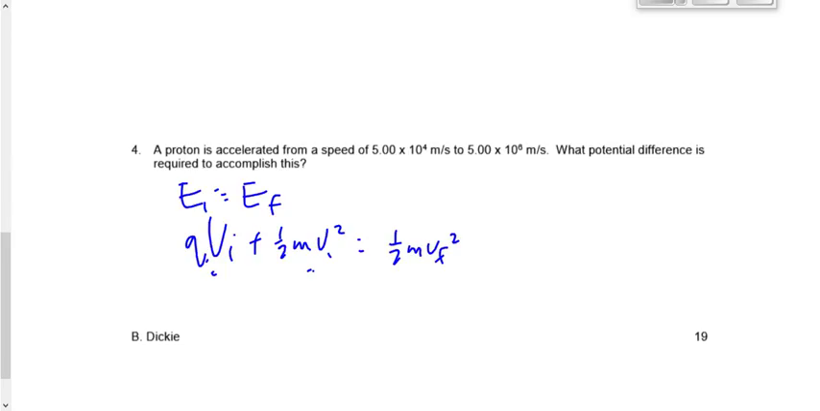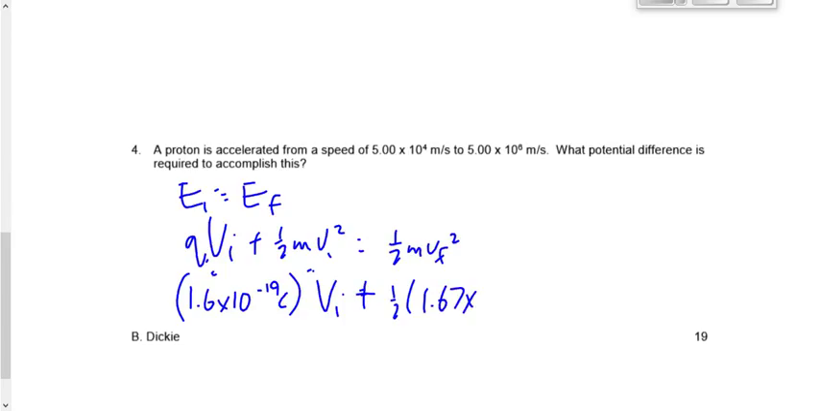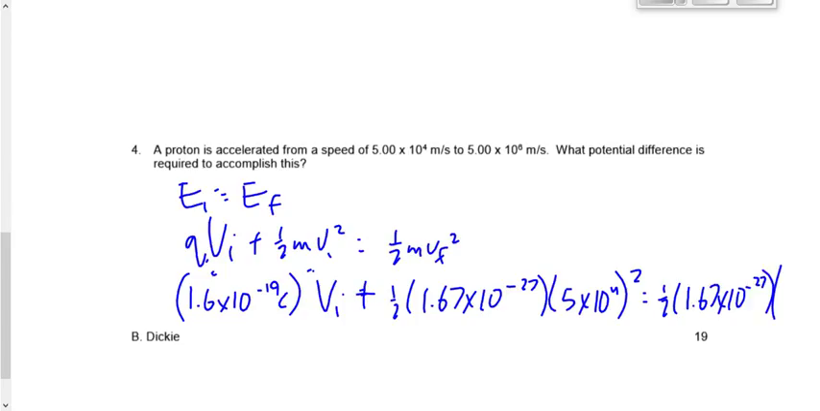We're going to say 1.6 times 10 to the negative 19 coulombs for the charge. This is a proton, so it's positive. But even if it was an electron, we'd drop the sign of the charge, right? Because we always do that when we sub it into an equation. V_i here, this is what we're looking for, plus 1/2, the mass of the proton is 1.67 times 10 to the minus 27, times v_i is 5 times 10 to the 4, squared, equals 1/2 of 5 times 10 to the 6,